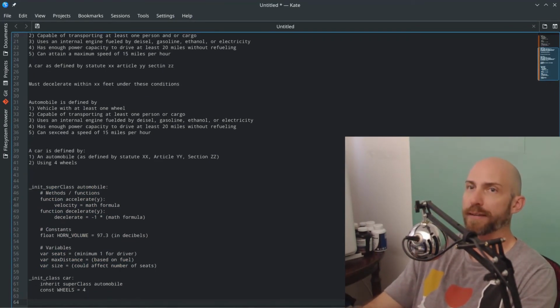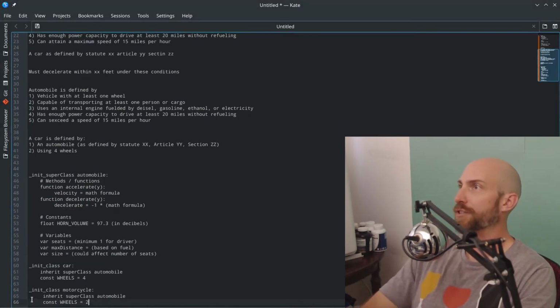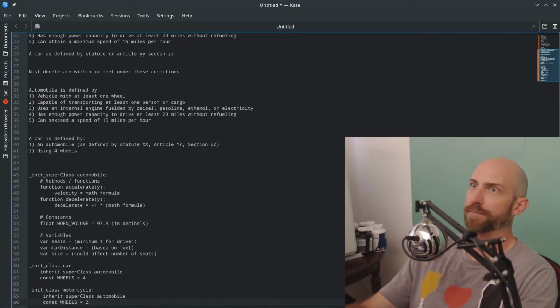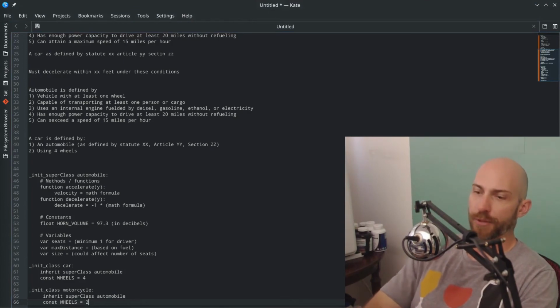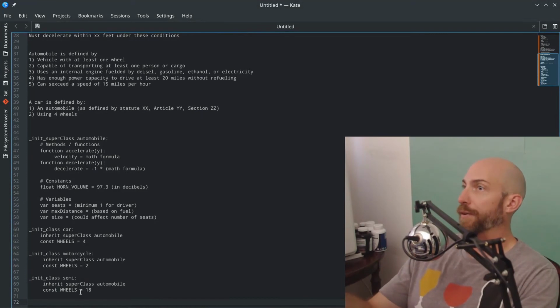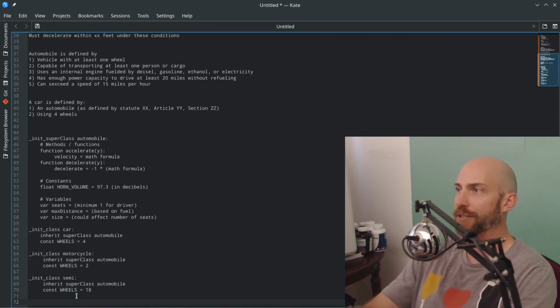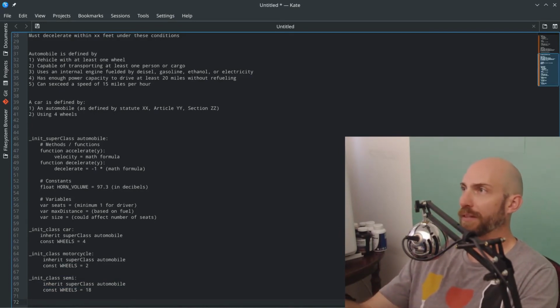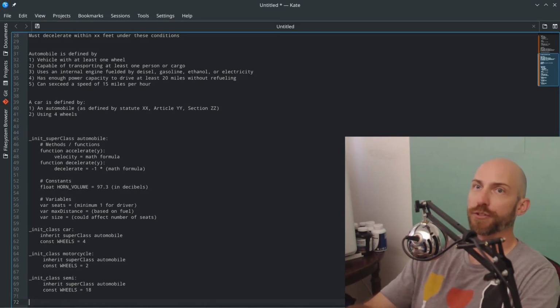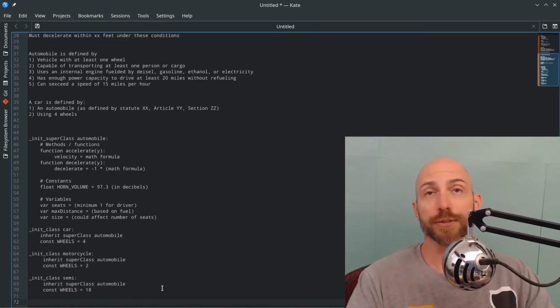And then if you wanted to create a motorcycle in the video game, then it's extremely simple. You just inherit everything from the superclass, and it goes down to the motorcycle. And you can even go down into something like if you wanted to have an 18-wheeler in the video game, and you have constant wheels 18, and you could define all kinds of stuff, how many hit points it has, especially important for something like the GTA games. It's all clean, it's all really well defined and easy for the developers to manage, and it applies to both